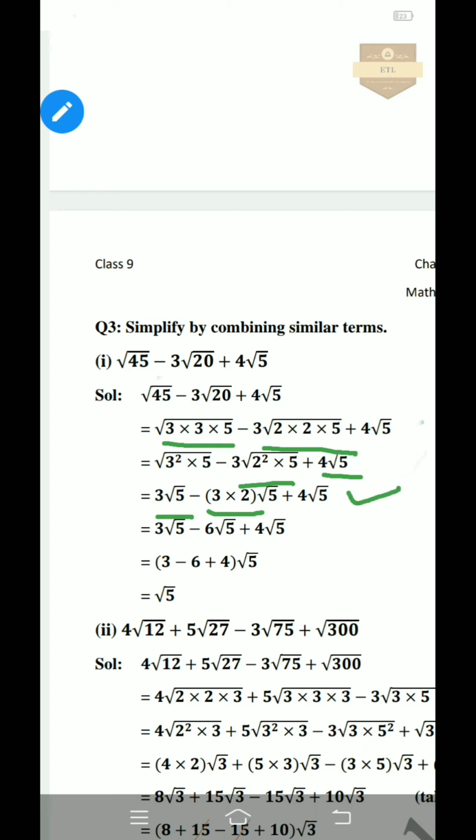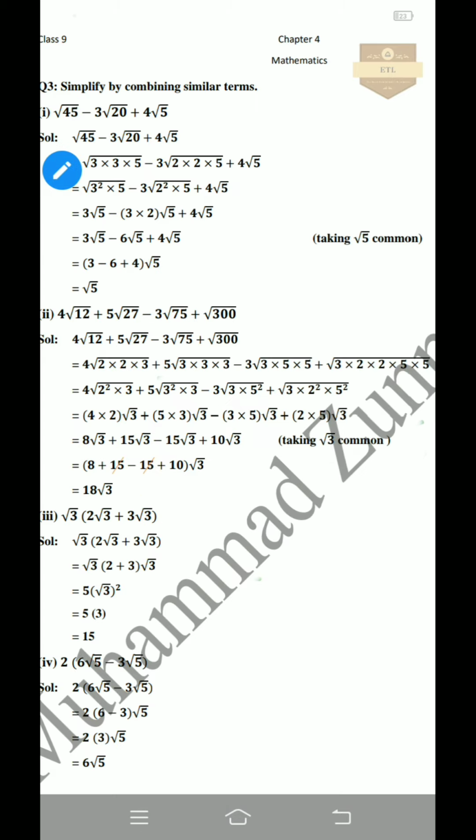under root 5. Next, 3 under root 5 minus 3 times 2, that is 6 under root 5, plus 4 under root 5. As under root 5 is common, so taking under root 5 common, we have 3 minus 6 plus 4 under root 5. As 3 plus 4 is equal to 7, 7 minus 6 is 1, so under root 5 is our answer. Part number 2 is 4 under root 12 plus 5 under root 27 minus 3 under root 75